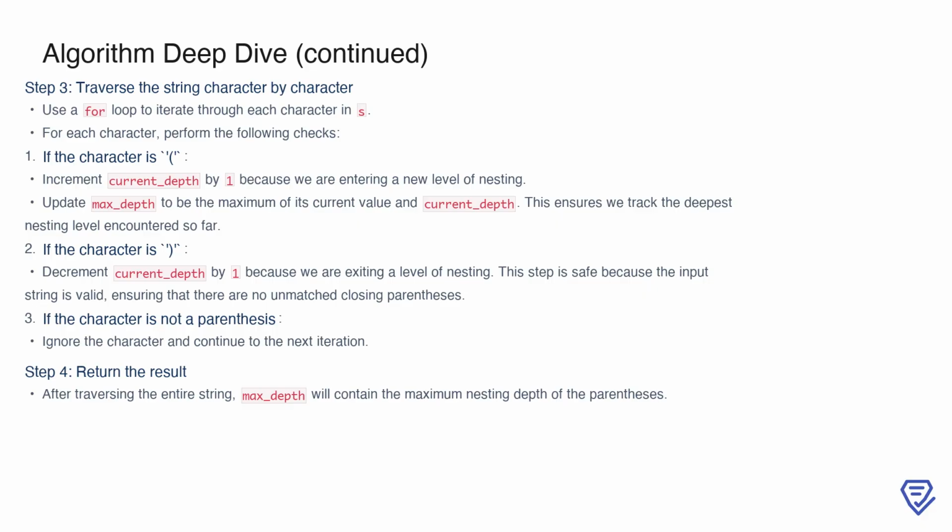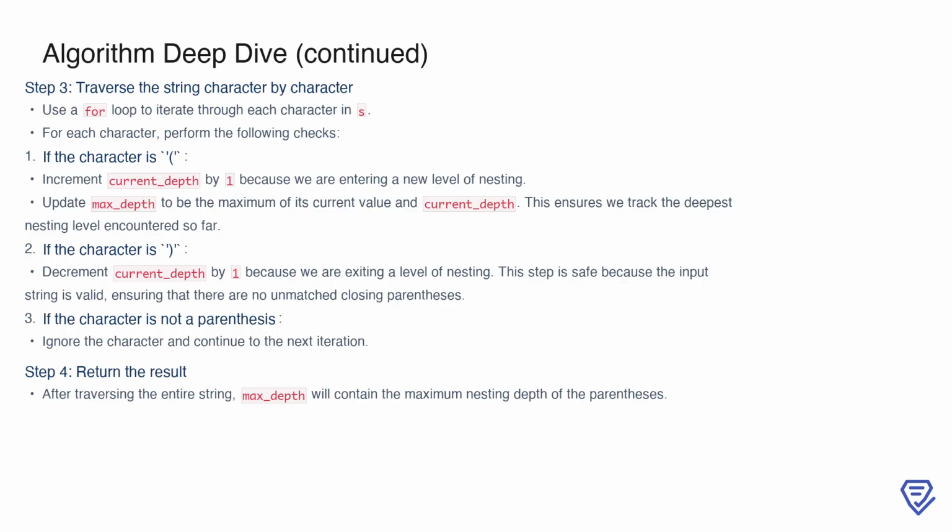If the character is a closing parenthesis, we decrement current_depth by 1, as we are exiting a level of nesting. This operation is safe because the input string is guaranteed to be valid, meaning there are no unmatched closing parentheses. For all other characters, such as alphanumeric values or operators, we simply skip them and continue to the next iteration. Once the entire string has been processed, the max_depth variable will hold the result, which is the maximum nesting depth